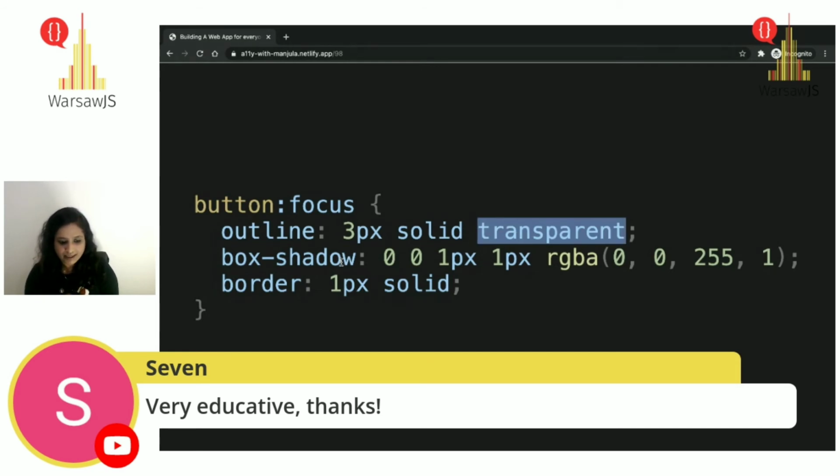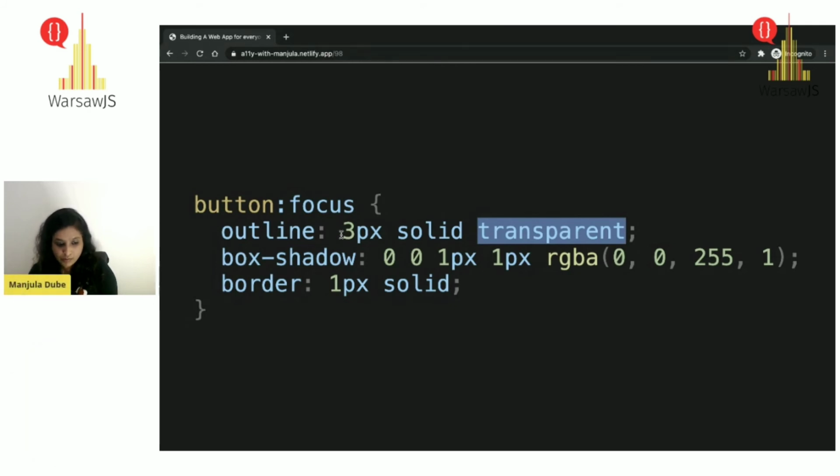Because sometimes when you use box shadow in dark contrast mode, box shadow doesn't really work well. So in that case, make sure you're not removing the outline altogether. Instead, provide it a transparent, solid, 3px outline.